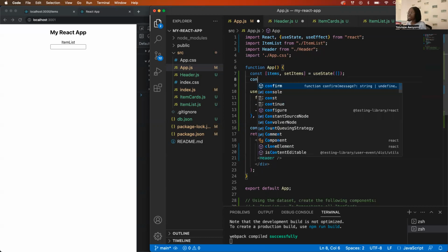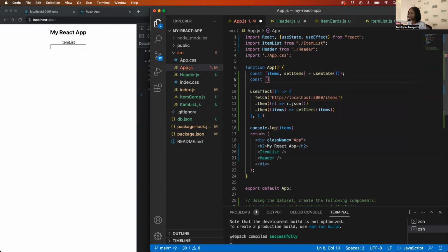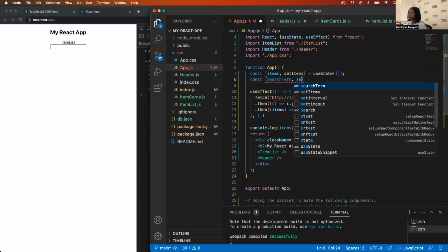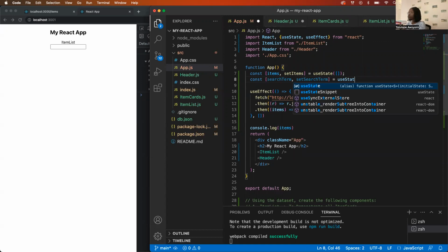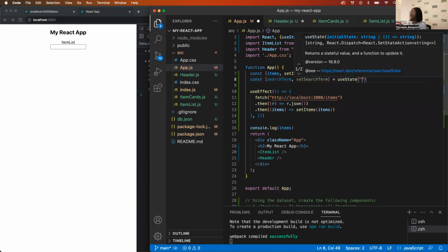So I'll create another state and call it search term, and say set search term, my setter function to use to change my variable, and use state. I'll set it to